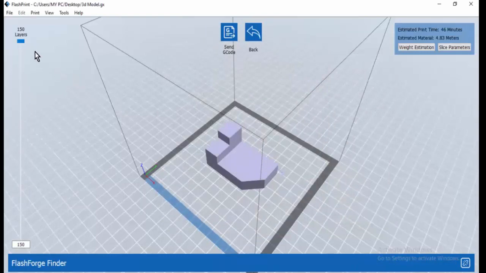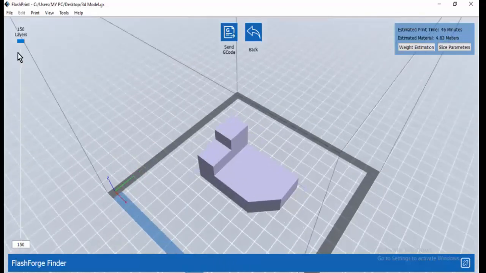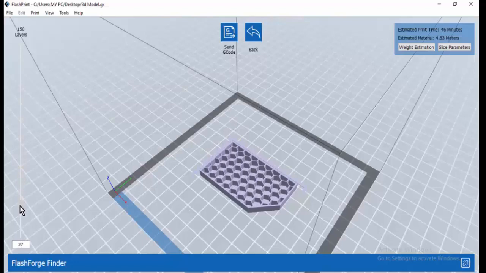Here you can see there are 150 layers produced for printing this component, the amount of material is 4.83 meters, and the print time is 46 minutes. Here you can see the 150 layers. As I move the slider, you can see the fill pattern and fill density, in the hexagonal way.